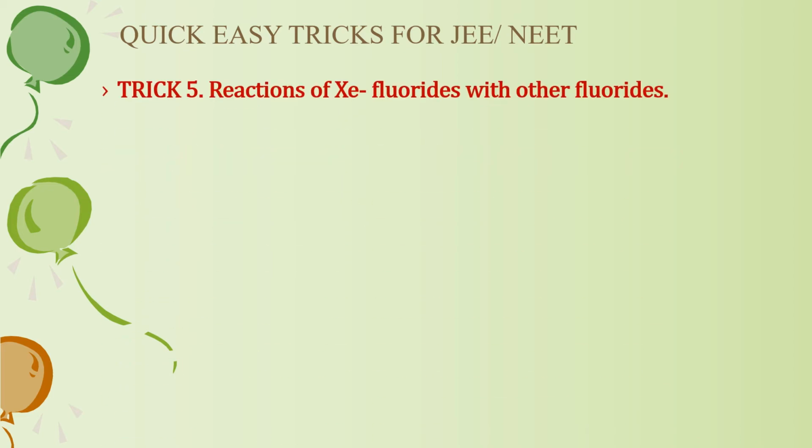Now the next reactions we have are xenon fluorides with other fluorides, and these are the last reactions which are given in the NCERT textbook for xenon compounds. We have learned them so very easily. Okay, so we are going to see 2 types of reactions. One is the reaction of a xenon fluoride with MF, where this MF is an alkali metal fluoride. So this can be potassium, sodium, cesium, rubidium, any alkali metal fluoride reacting with a xenon fluoride, and a compound A is formed.